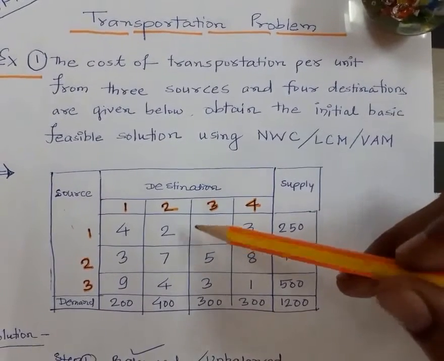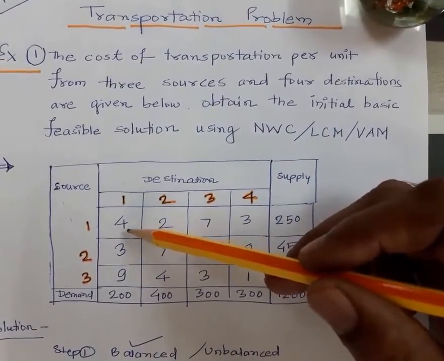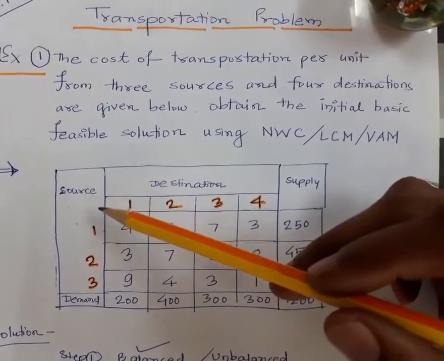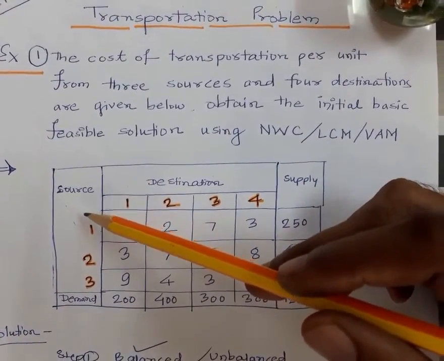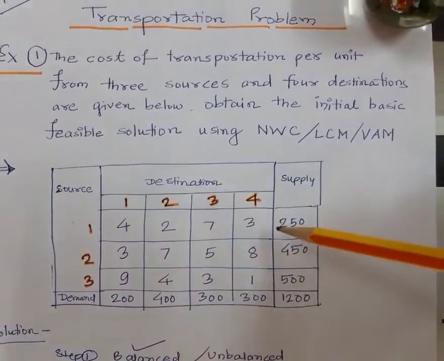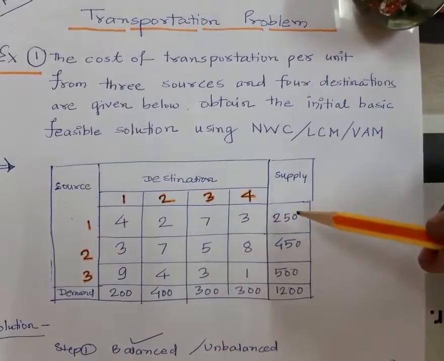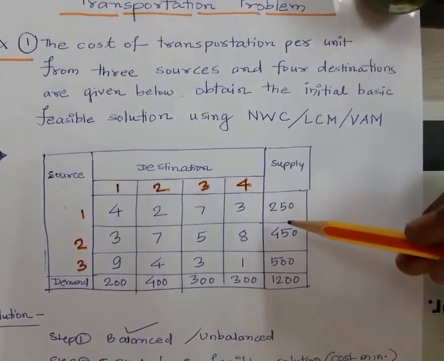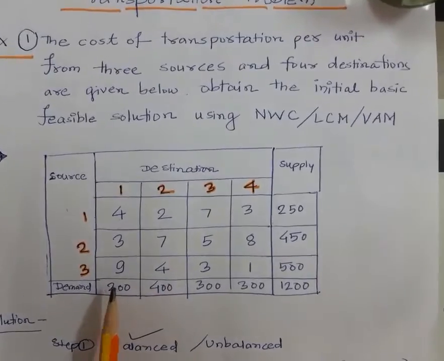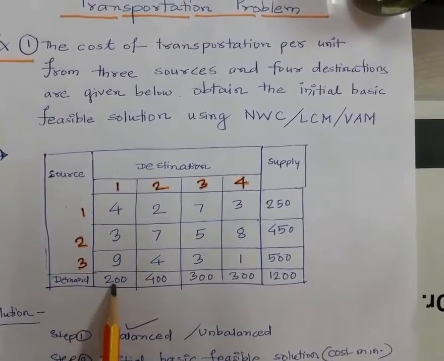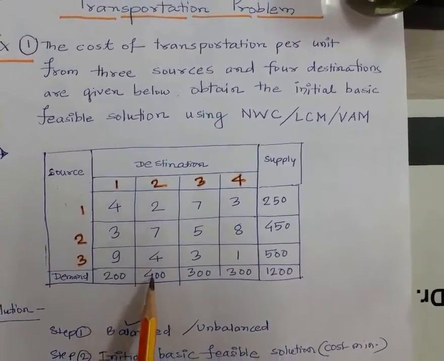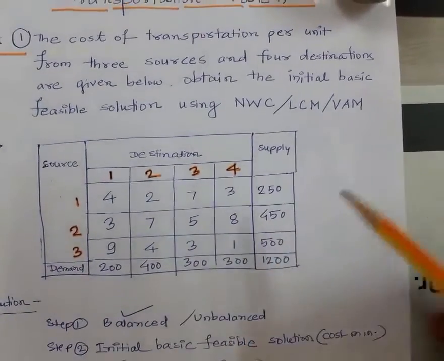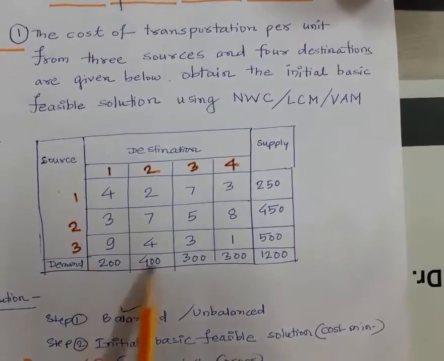This is the cost matrix and these are the cost values. We have to transport the goods from three sources to 4 destinations. These are the supplies: 1, 250, 450, 500. Demands: for destination number 1, 200; for destination number 2, 400; for 3, 300; for 4, 300. Now total of the demand is 1200